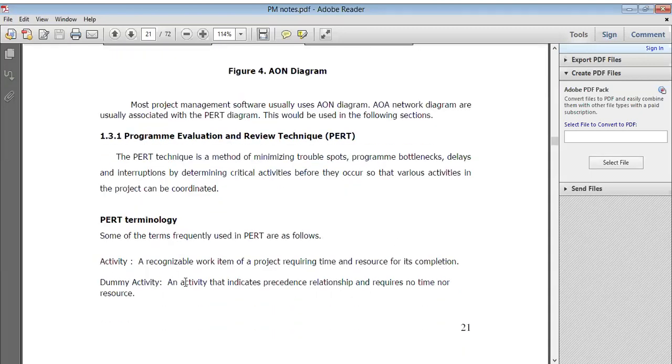Now, the program evaluation and review technique: what is it? It is a method of minimizing trouble spots. Sometimes we face bottlenecks, delays, some work is delayed, and at that time we handle interruptions and determine the critical activities before they occur, so that various activities in the project can be coordinated. Sometimes it happens, yes, due to time, or due to lack of materials, or due to lack of manpower, the activity is not completed on time. Then the critical path is created, meaning whatever time or target you decided on was not completed on that particular day. So you use different methods or some extra efforts,